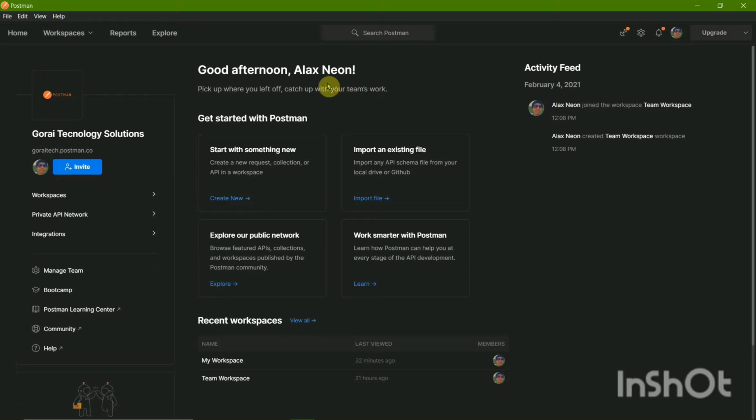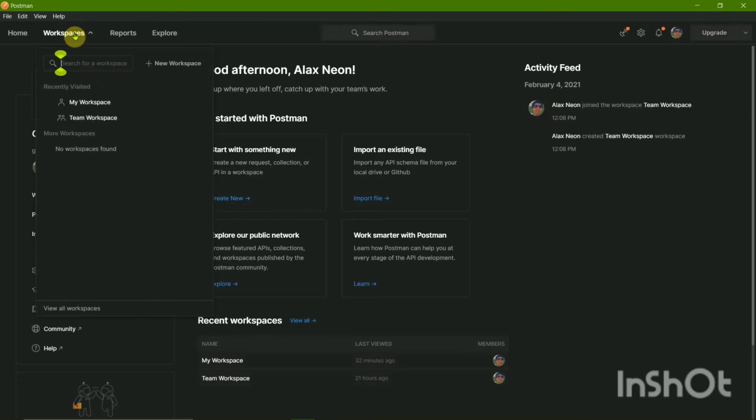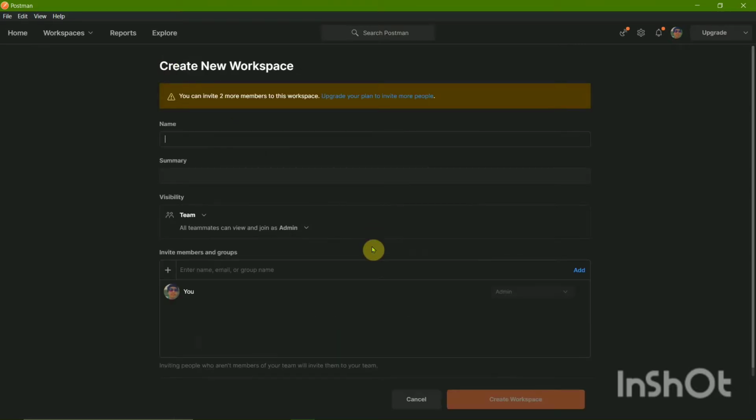To create a collection, you have to first go to the workspace. So click on workspace. To create a new workspace, you'll have to click on new workspace, and you have several visibility types in workspace, such as personal, team, private, public.